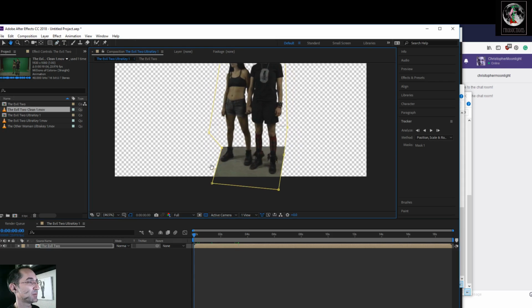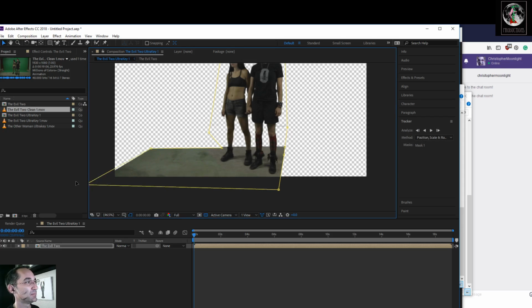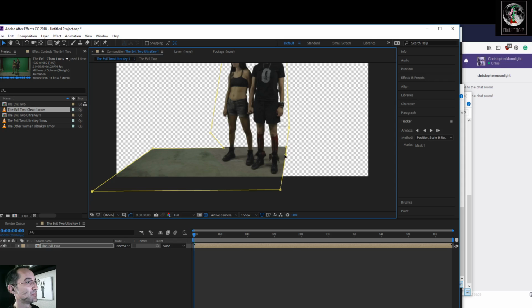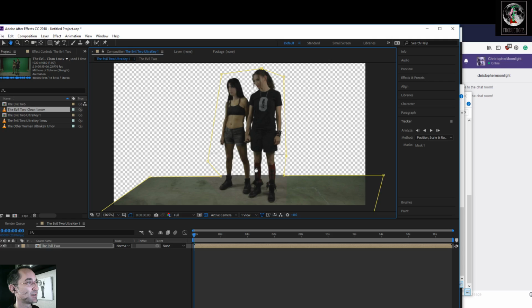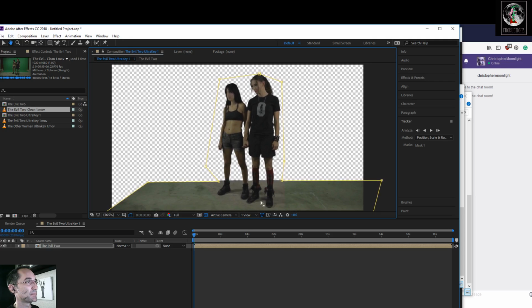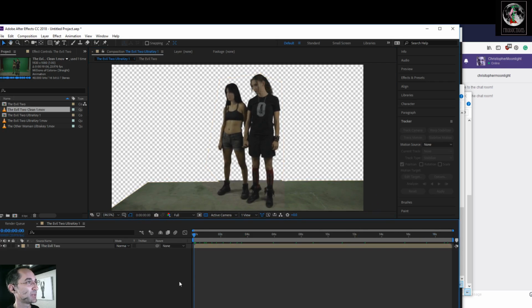Let's see if we can make the most of this. Let's add a couple of points. Doesn't cost money. So they're actually standing on some floor. We don't have to spend quite as much time on set extension. Let's see how that plays.